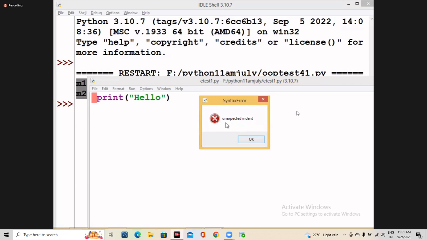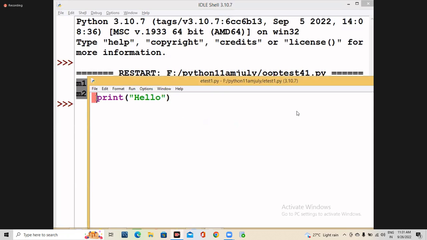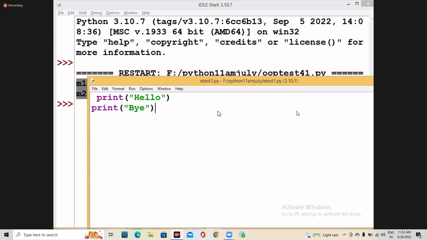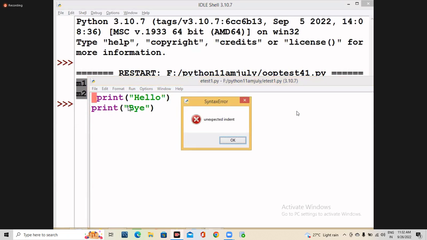So there is a syntax error. What is that syntax error? Unexpected indent means you have unnecessarily given a space here. So you call it an unexpected indent. That is called which error? Syntax error. If your program has a syntax error, until you rectify this error,